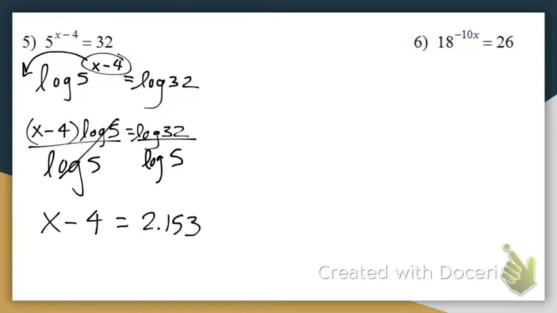And now the last thing we need to worry about is isolating x completely. So now is where we get to deal with that -4. The -4 needs to go away. How do we get rid of that -4? Add it to the other side. So if we add 4 to both sides, we get x is equal to,